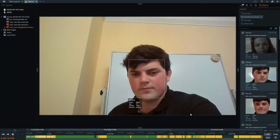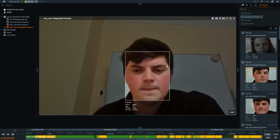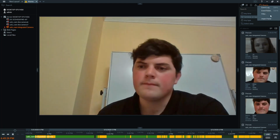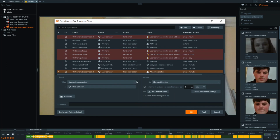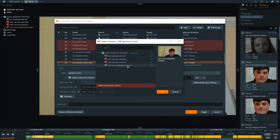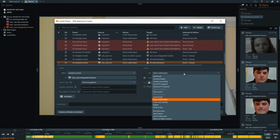Yeah, I think that came up a couple of times in the questions already. People are asking about, for instance, rules to release doors that are integrated with DW. That's just a function of the rules engine that Mike showed you, where a face is recognized from that analytic event, and then the output could be an HTTP request sent to an access control platform that will receive HTTP requests. For instance, something like a Pro Data Key would receive an HTTP request that you could then have the door open based off of that